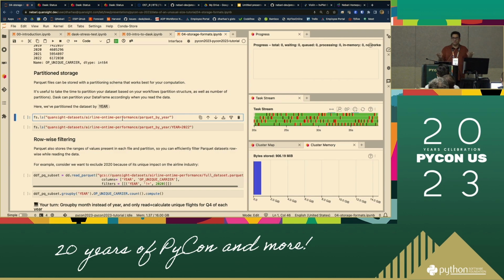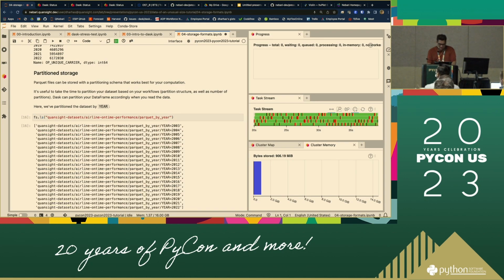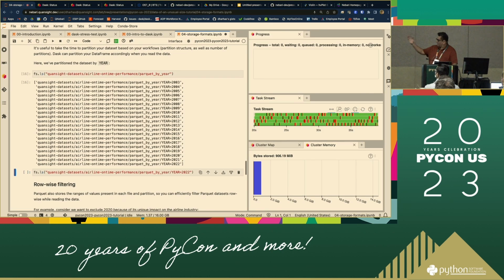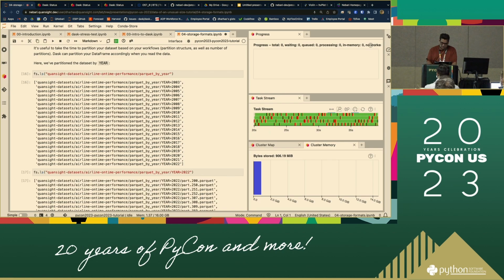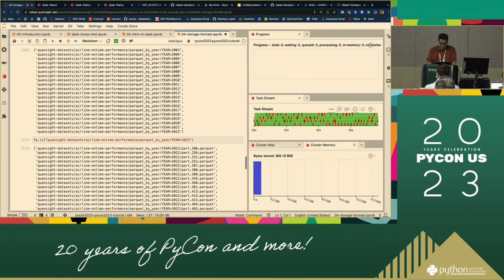So usually, this is called chunking, and you usually find a compromise in the way you chunk the data. Like you pick something, and I'm going to show this. So we have divided this data by year, and we have also divided it,